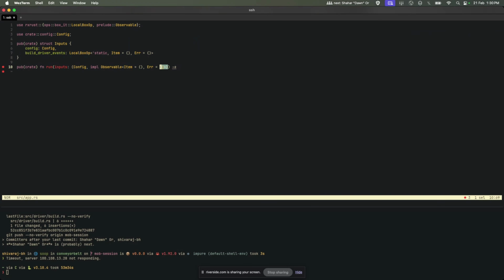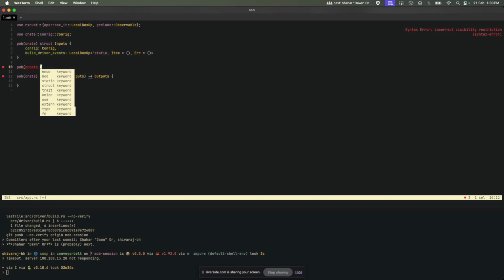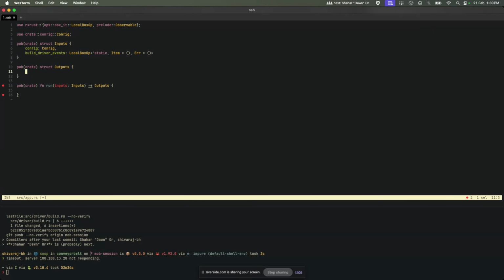So let's remove this. And then this will be inputs. And then we'll need outputs. Create outputs. And that outputs will be build commands, one of them. And build commands will be